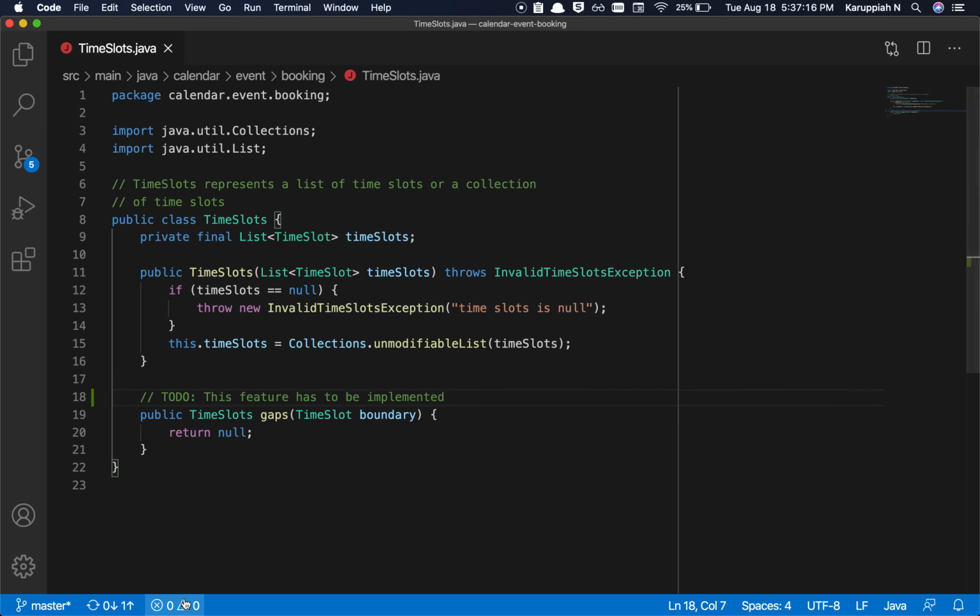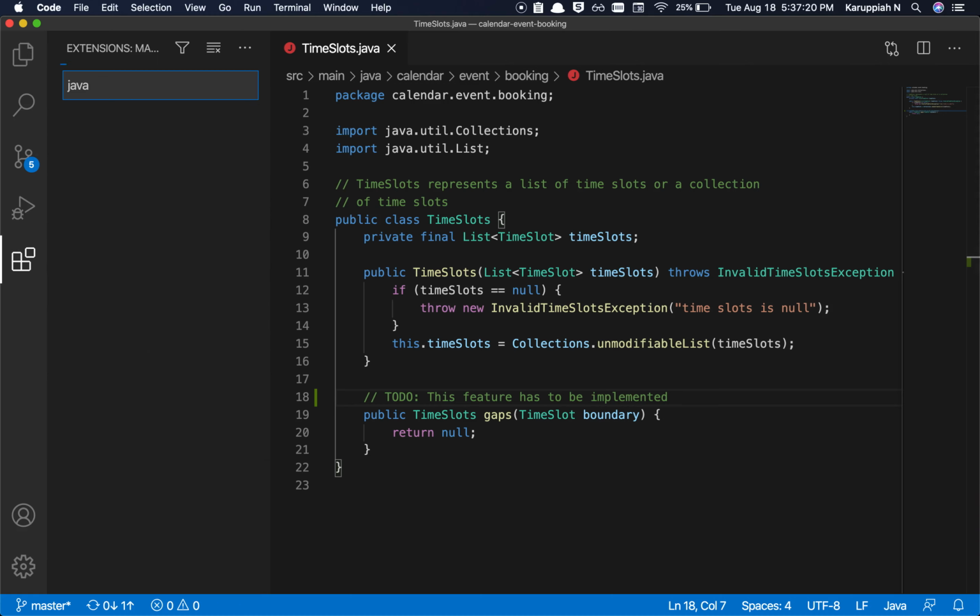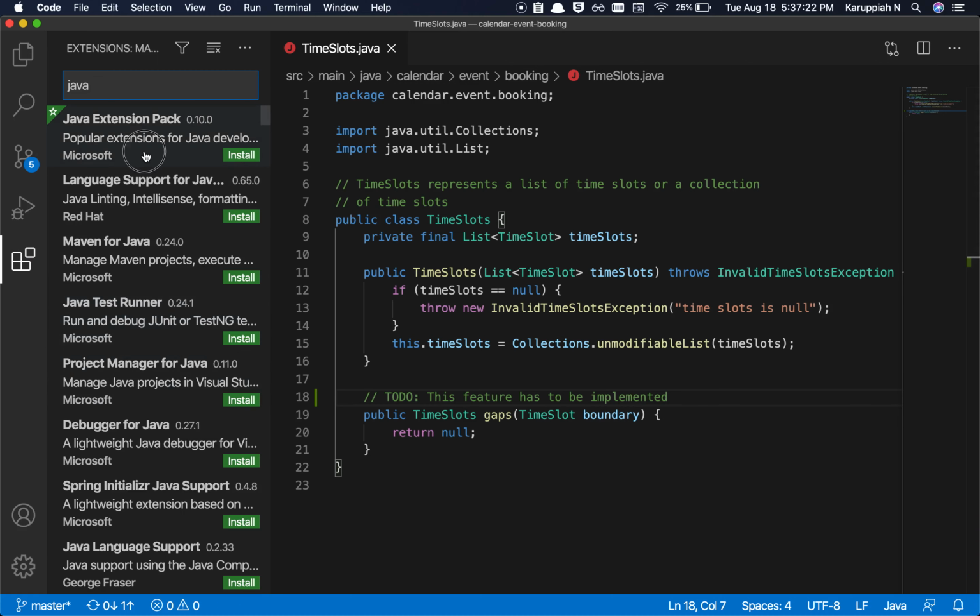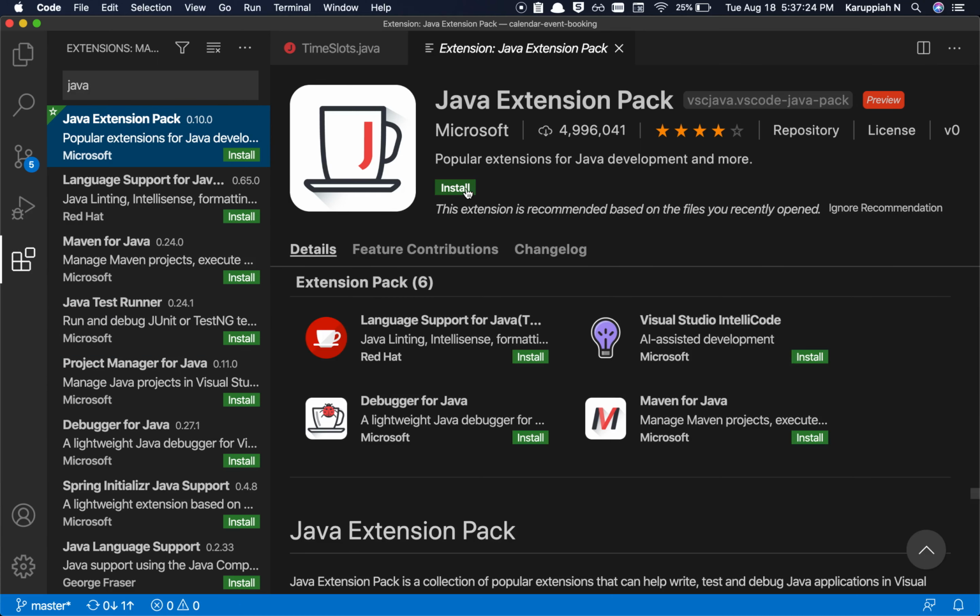Okay, so I don't see any issues. I think I'll have to install the Java extension by Microsoft.